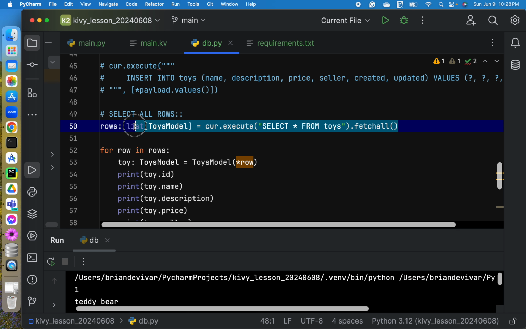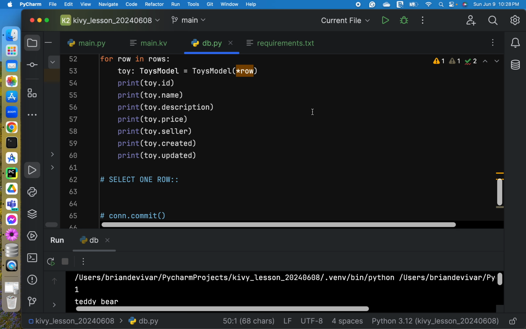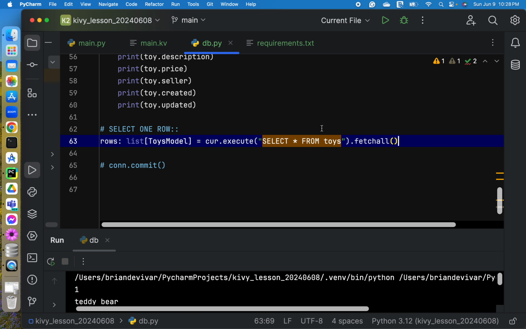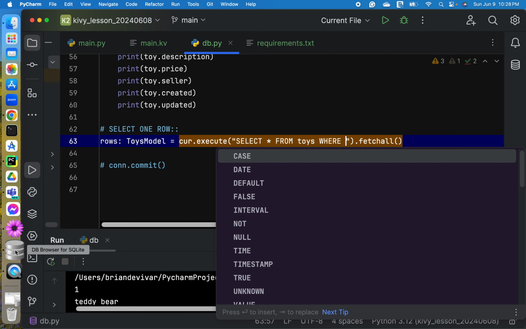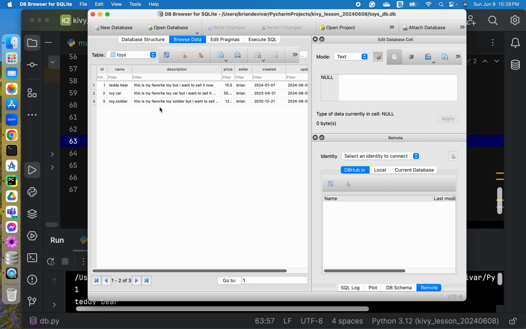Okay, so let me show you. So we don't need the list, and then to search for a particular record, we need to use the primary key, which is the ID.